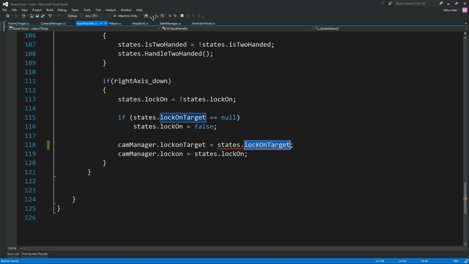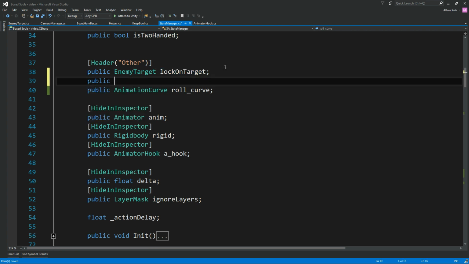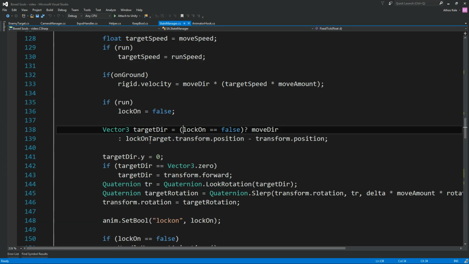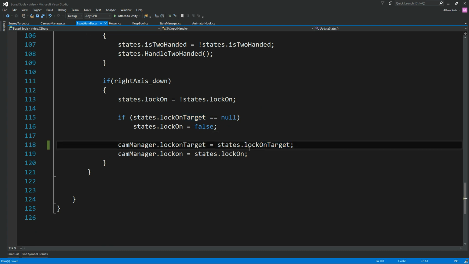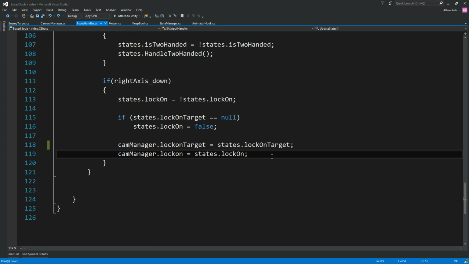yeah, that's actually not going to work. We still want this enemy target, lock on target, but we are going to change the transform, lock on transform, and where we are using this, we're going to just use the lock on transform instead. So on our input handler, state manager, lock on target, and after the camera manager has run, actually we could just say